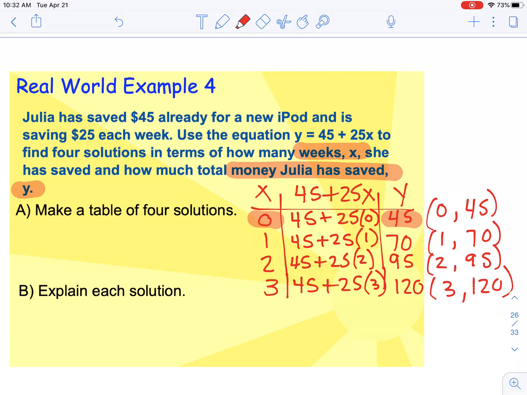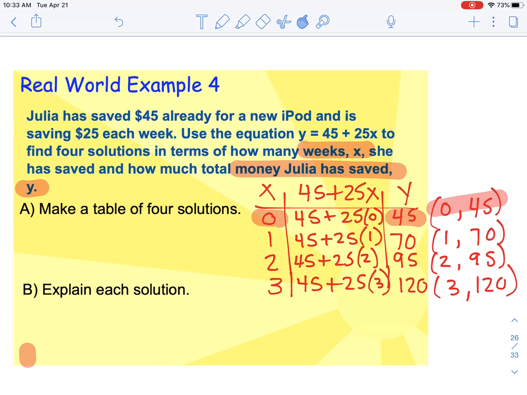Then it says to explain each solution. So again, x is the weeks, y is the money she's saved. So in 0 weeks, right from the beginning, it's been 0 weeks, she has $45, right? Because she's already saved $45. We knew that. After 1 week, she has now saved $70. After 2 weeks, she has saved $95. And after 3 weeks, she has saved